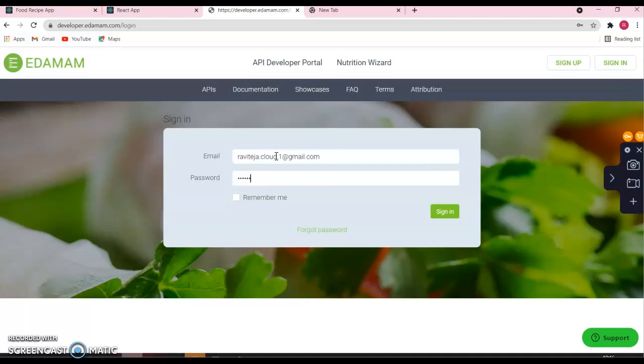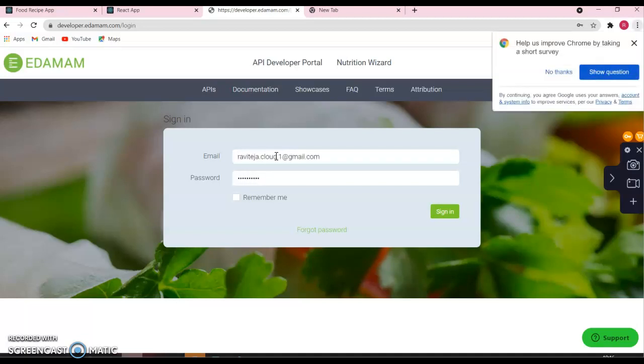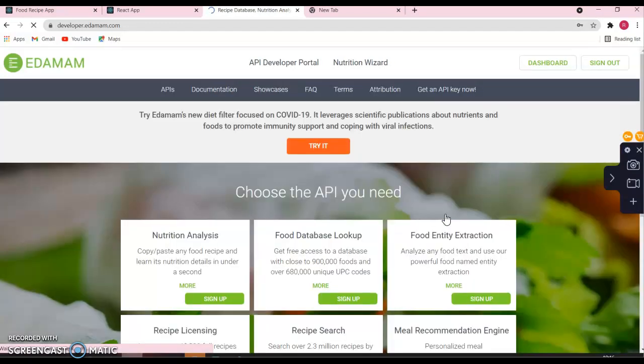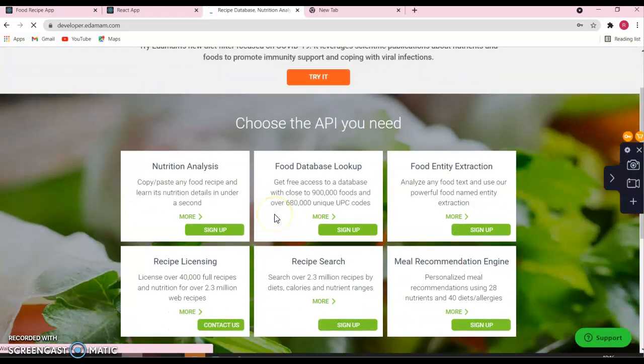No thanks. Sign in and remember me, don't ask me the password again and again. So now we are seeing that we have many APIs available which are for free, and we are interested in recipe search.